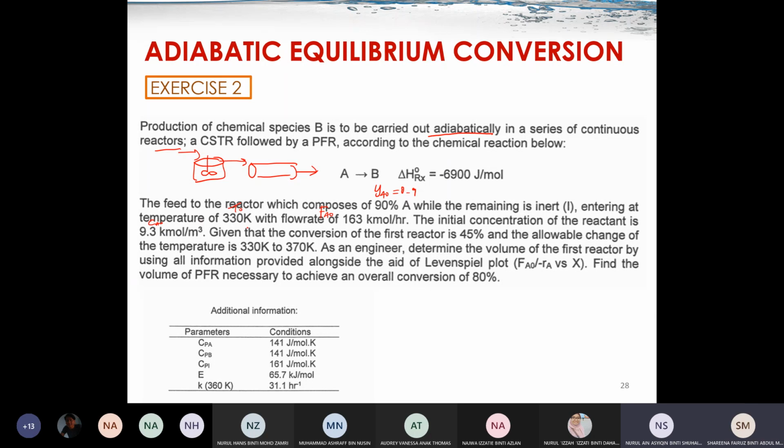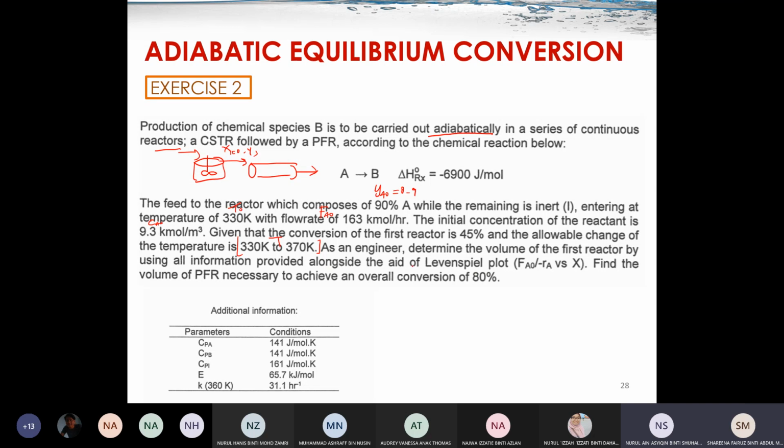Given that the conversion of the first reactor is 45%, so X1 is 0.45, and the allowable change of the temperature is between 330 to 370. So this is the T, the capital temperature. So as an engineer, determine the volume of the first reactor, by using all information provided